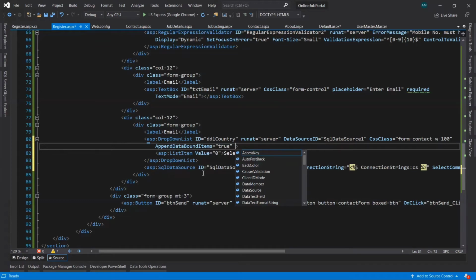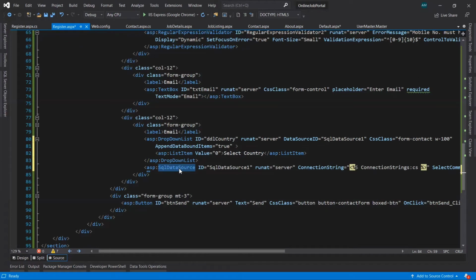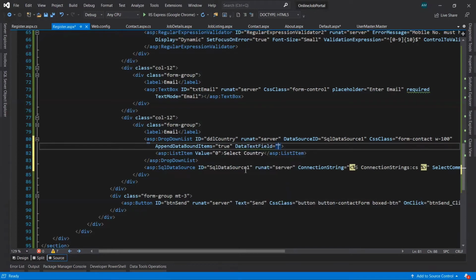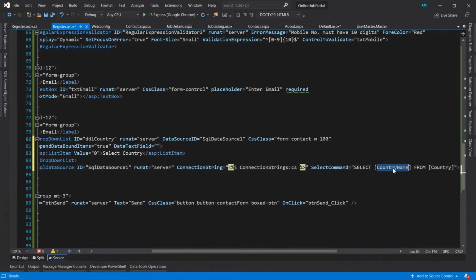Now we are going to take the value from this SQL data source control. For that we need to specify two things: DataTextField and DataValueField. Here the DataTextField is the column name that we use, country name.